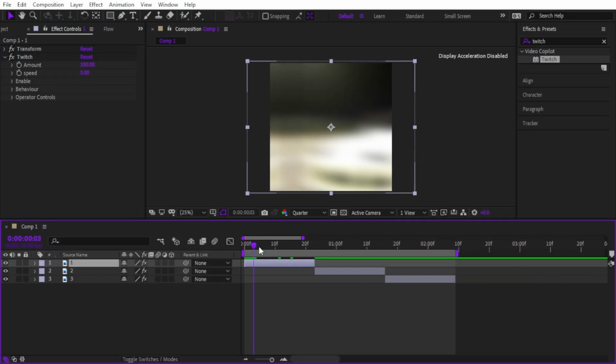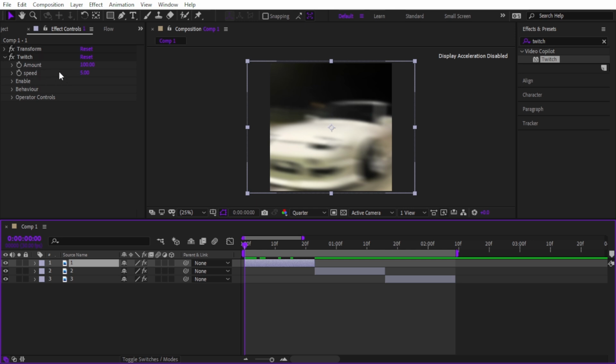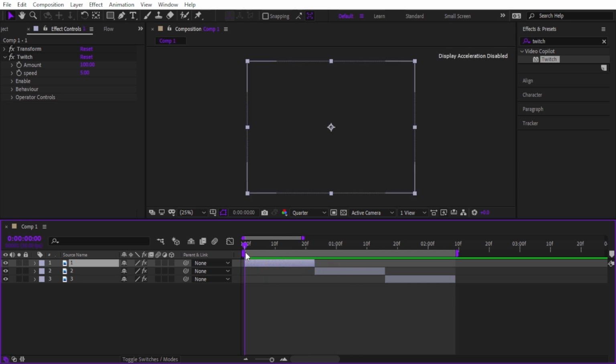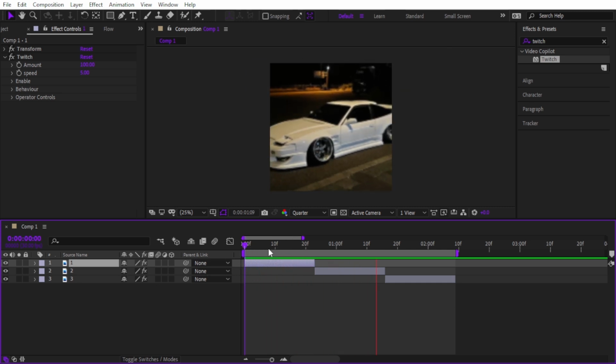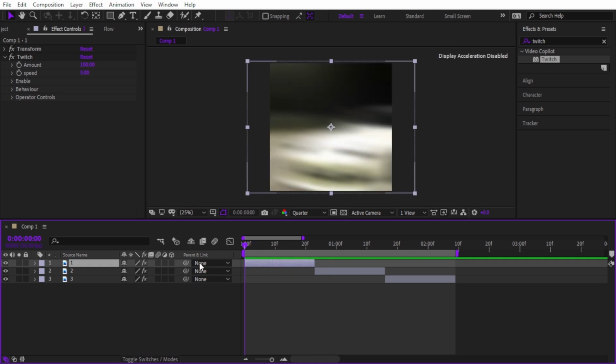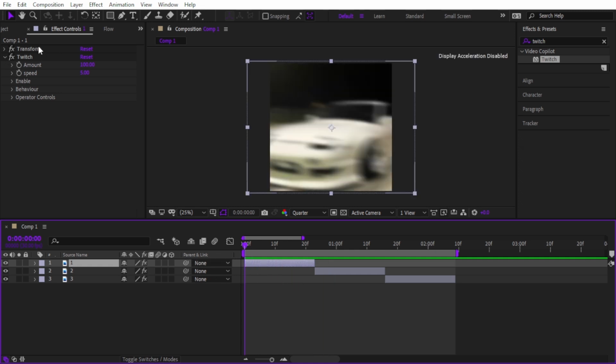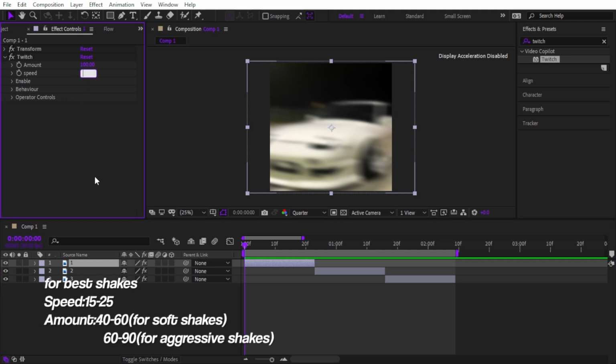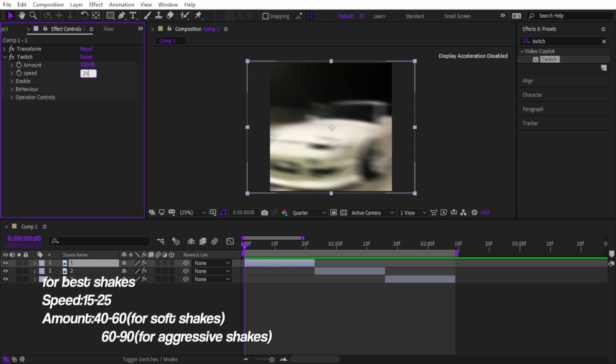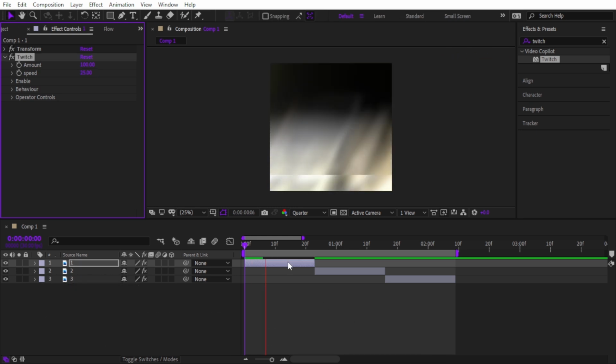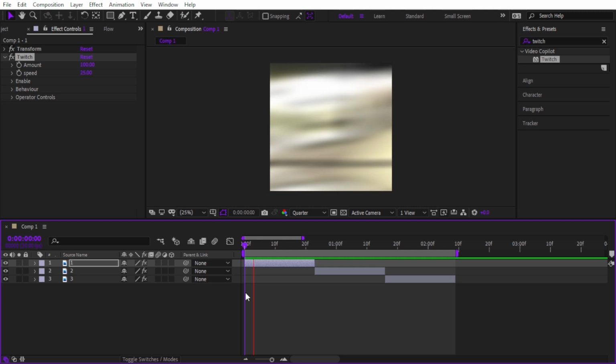So after that, we can see here certain parameters like amount and speed. I'm not gonna explain it because the name itself says everything about it. So as you can see, when I play the clip, that doesn't look good at all. So what we're gonna do is change the speed to around 15 to 25. I'm gonna go for 25. Now let's see. See, the shakes are more aggressive,